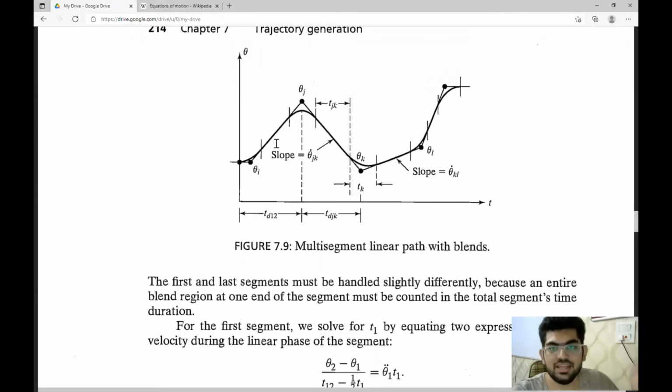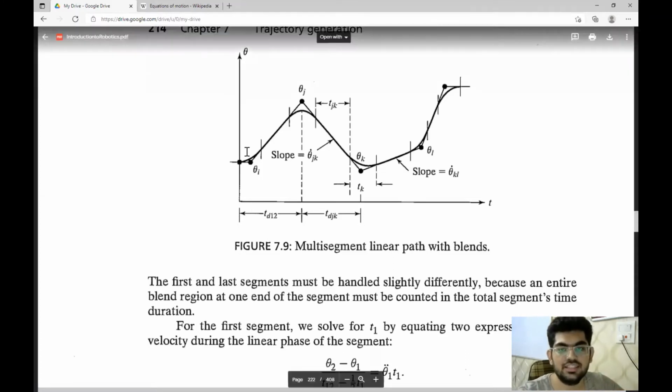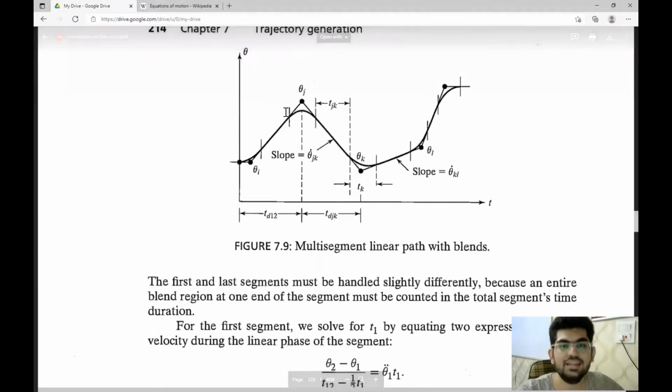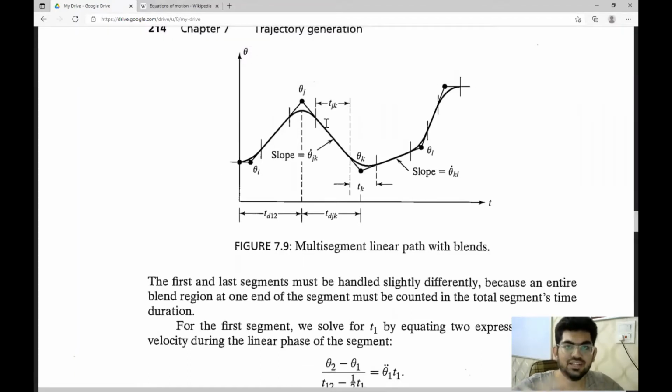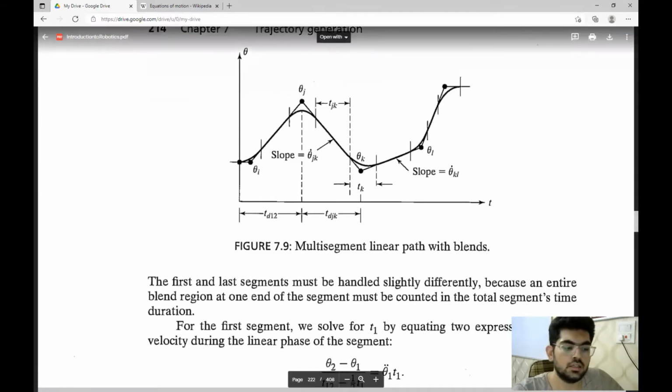And as one may guess, we need to pass n-1. If the points are n, then we need to pass in n-1 time segments in order for the trajectory to work. And the sum of all those time segments should equal the total time that is taken for the curve. Otherwise, there would be some inconsistency, but that's just a small concern.